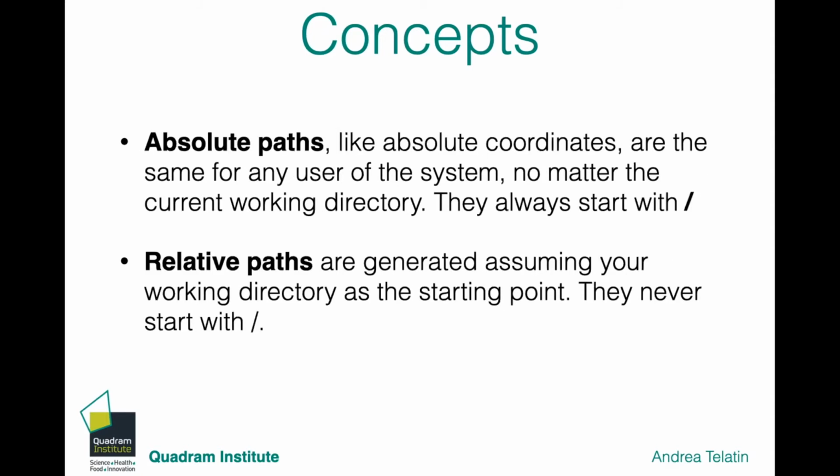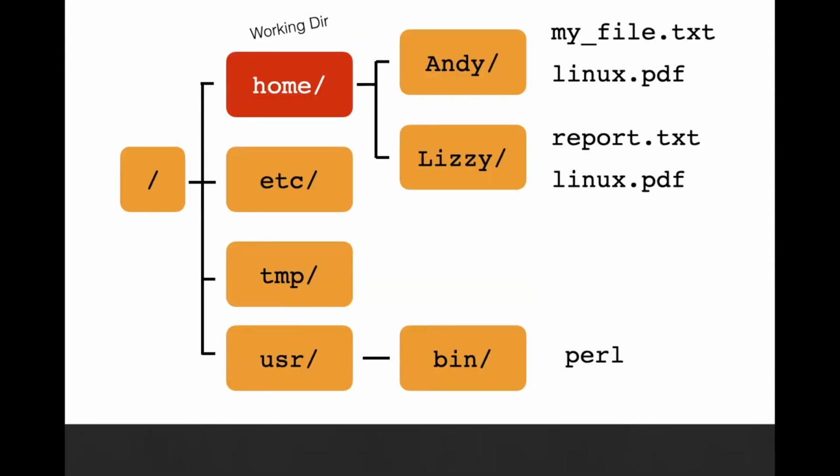And there are two ways of describing a dot in the file system. Exactly like in a system with coordinates, you can either have absolute coordinates or relative coordinates. So the absolute path always starts from the root. We'll see that in a minute. And the relative path is relative to where I am. So if this is my file system,